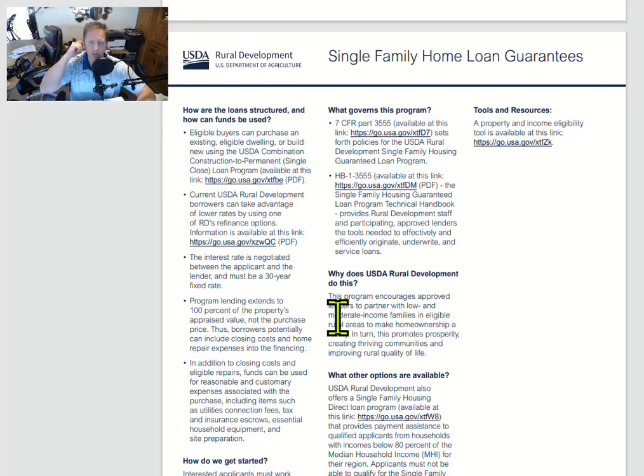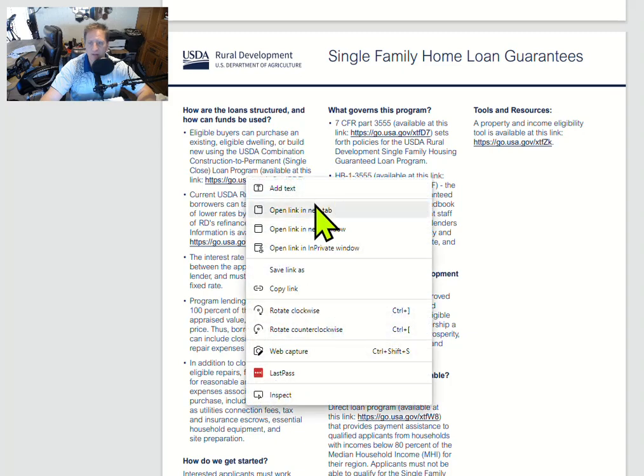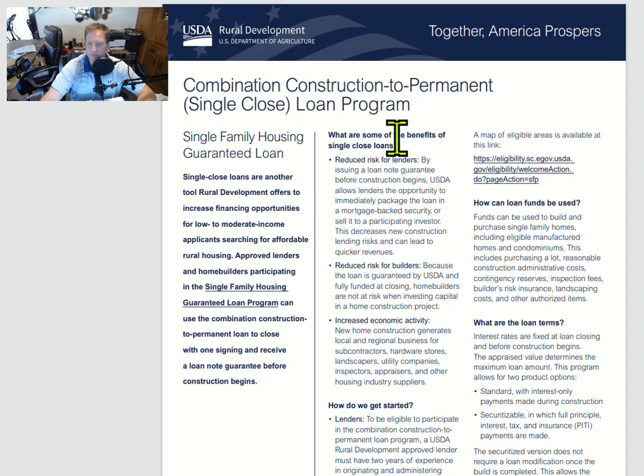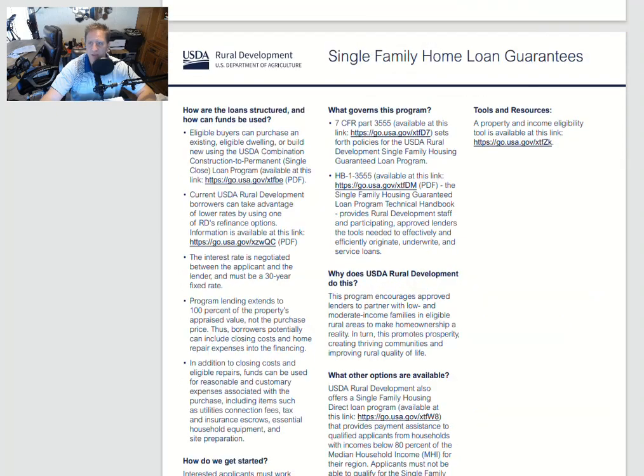Eligible buyers can purchase an existing eligible dwelling or build new using the USDA combination construction to permanent single close loan program. Available at this link. Okay, I don't know what that link would say, but I do know, oh, it's more details about that program. That's very cool. All right, so there is a construction to permanent. You can buy an existing